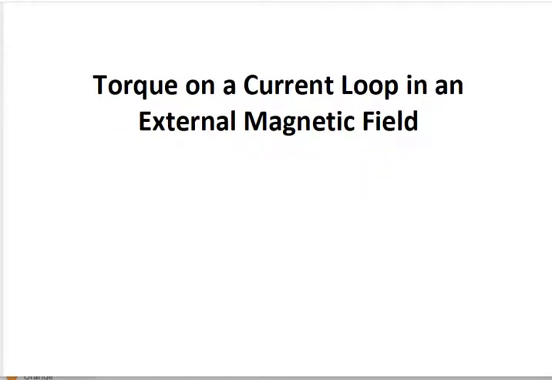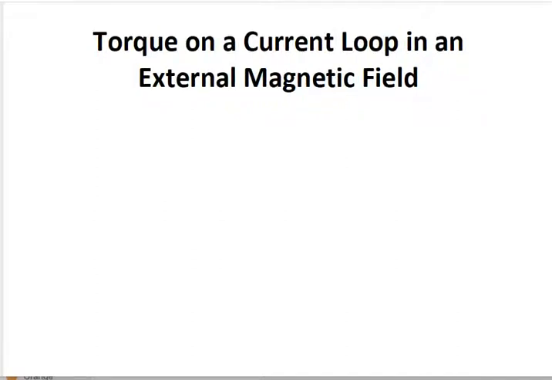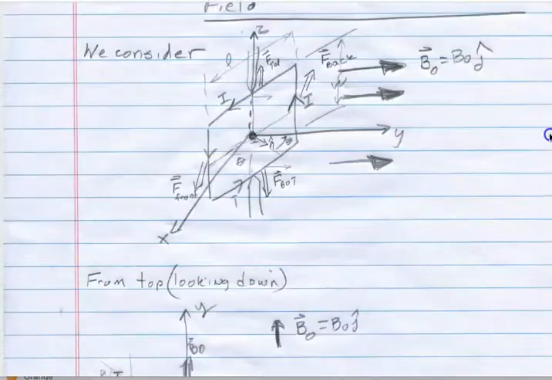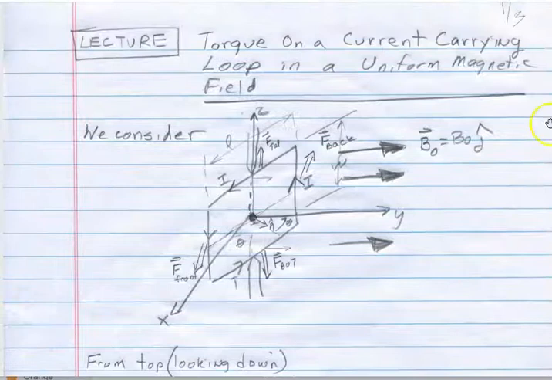And it's very similar to something we've encountered before with electric dipole moments and forces and torques on them in external fields, although more complicated for magnetism. What I want to do is consider a rectangular closed loop of wire that has a total current I flowing around in it in the direction that I've shown. And I want this to be a rigid